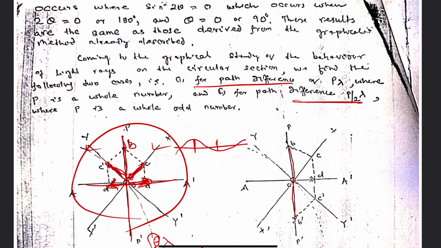It is split into two rays, OC and OC dash, as here OB was split up into OC dash and OC. Here OB is split into OC and OC dash,